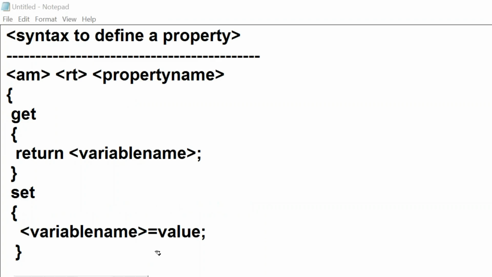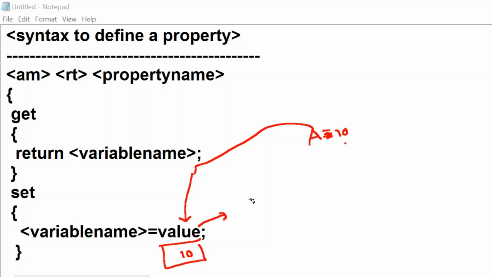For example, there is a property whose name is capital A. Suppose there is an object name. If it is an instance property, object name dot A, otherwise for a static property, class name dot A, equals 10. Then immediately the concerned property's set will be called. As part of the set accessor, first that value will be initialized to value. Here, what is value? Value is a predefined variable. What is the type? The type will be decided by